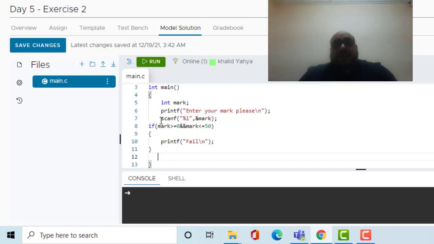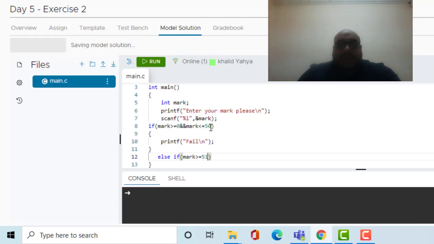So you start with if and close with else, and in between just use else if. So here else if mark greater than or equal to, here no need for equal, 51, let's say,